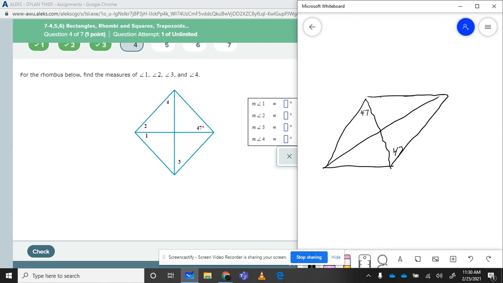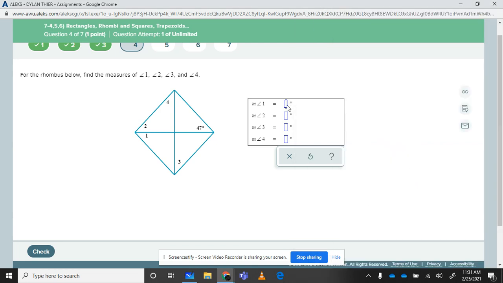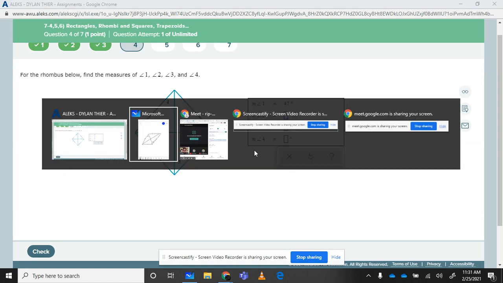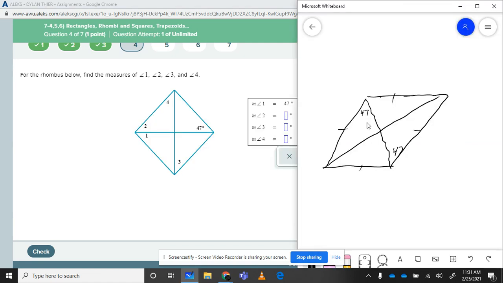What else can we say? If those are all equal sides, it's a good question. What else can we say about this? We know that all four sides are equal. We've got one of the angles. We know the alternate interior angle should be the same. So that one should be 47 degrees. What else can we say? I'm trying to think. These ones don't have to be